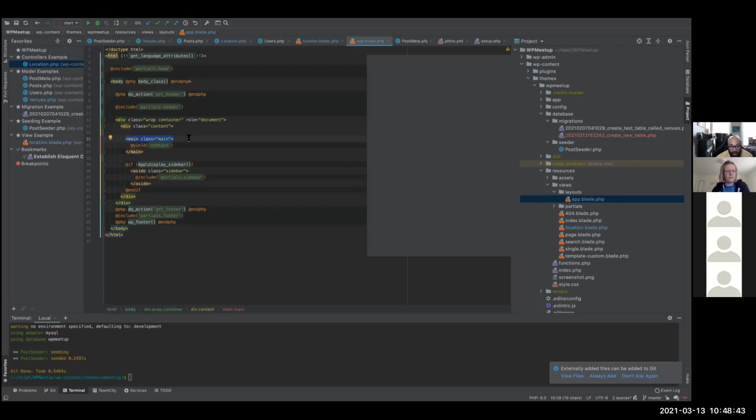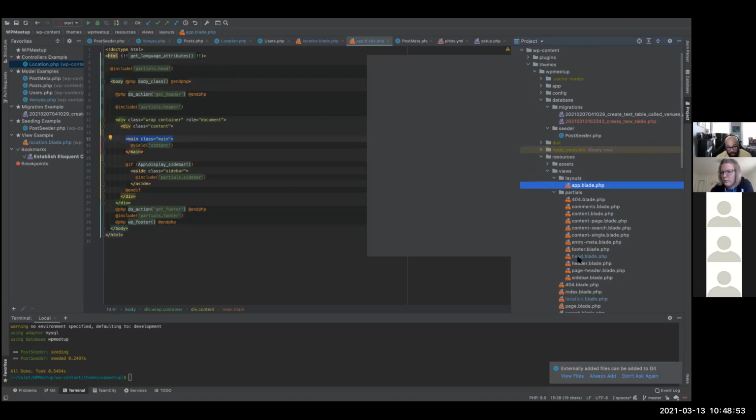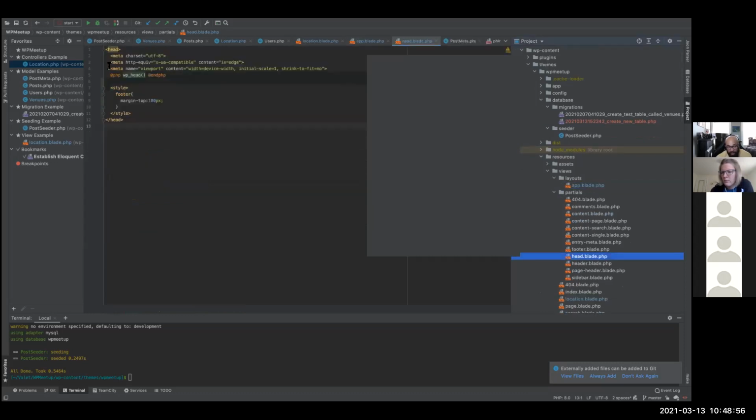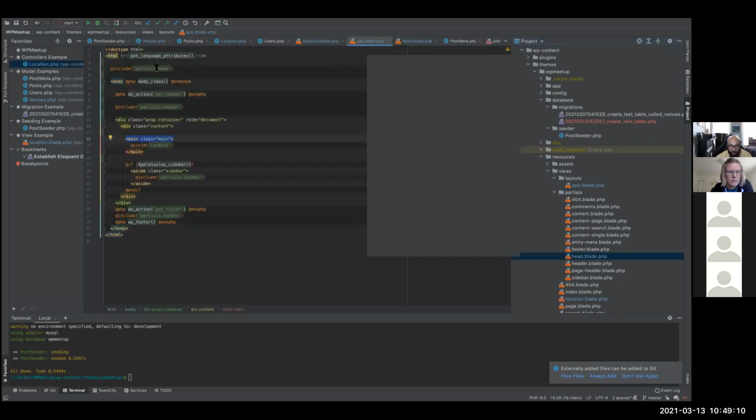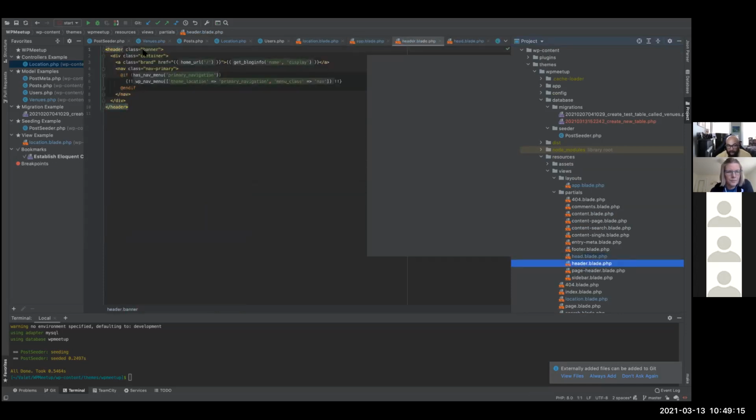Now, you also have all the rest of your stuff, like include partials head. If I go include, it's going to look at partials, and then go to head right here. That's including your usual HTML head tag, and then there's your WP head, and the stuff for responsiveness with the viewport, other meta stuff. That's automatically being pulled in for you from this one. Partials header is the same thing. If I come here, here's a banner. That's automatically being included every time.